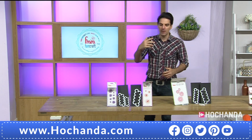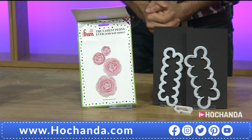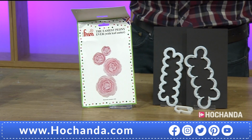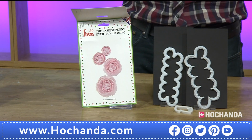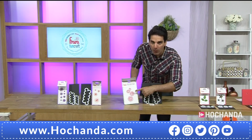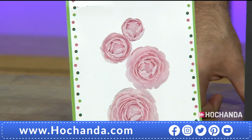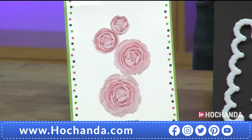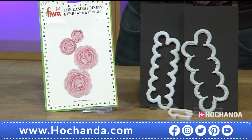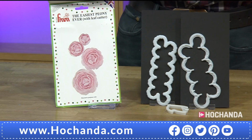We've got the peony. So again, sticking in the vein of making the easiest peony ever, and this is where FMM are so good, because they bring you cutters that anyone can use, and you get such beautiful results for $11.99. If you look at the quality of the flowers, now have a good look at these. You're going to be making these for an investment of $11.99, and I know that sounds very silly-telly, but genuinely, for $11.99, having the tools to make it consistently,